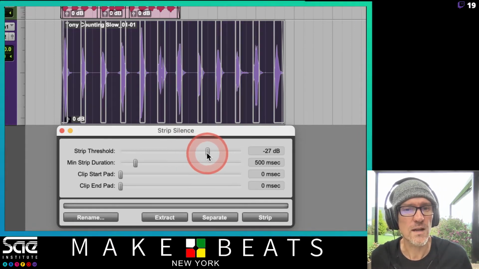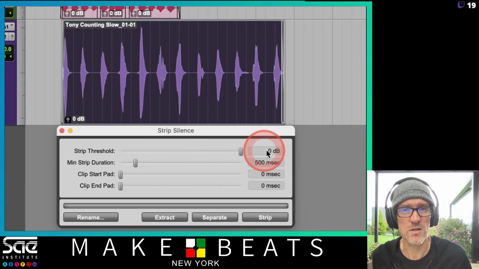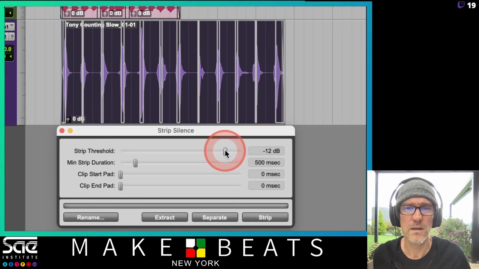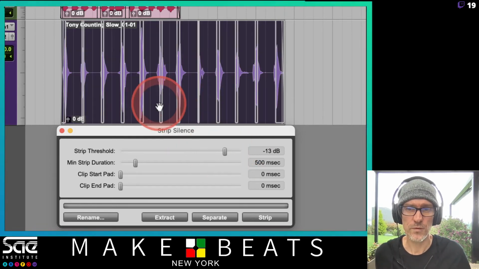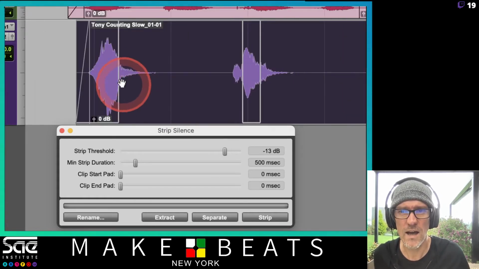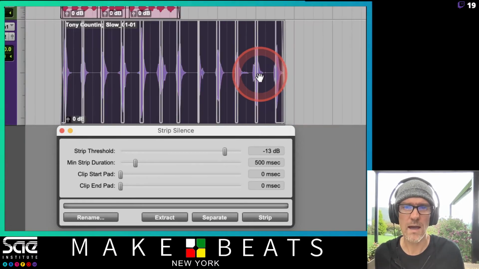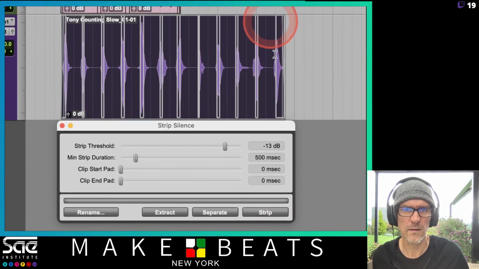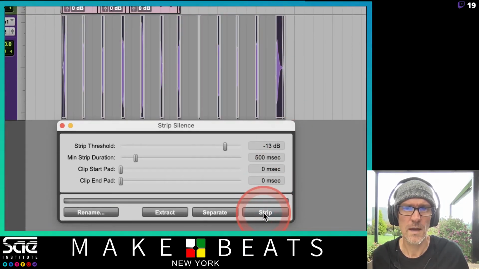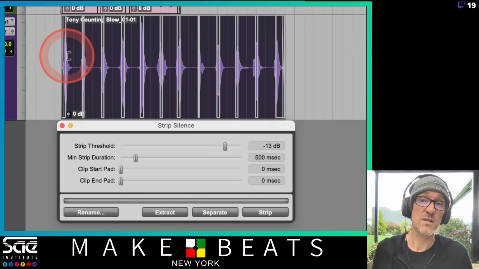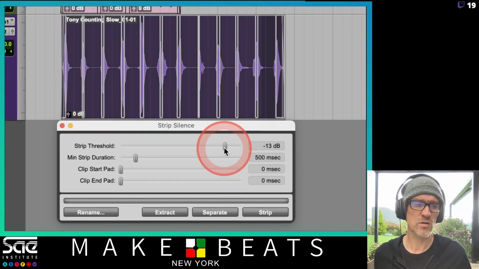So I can adjust my threshold here, and you can see it's getting smaller and smaller until I go all the way up, and there's nothing going to be stripped out. If I go down like this, we can see things start to happen. And in this case, it's cutting a lot of stuff out. So if I go ahead and strip this, watch what happens. Click strip. It gets rid of all that stuff. If we listen to this, 1, 2, 3, 4, right? Not useful at all. So what I'm going to do is pull the strip threshold down